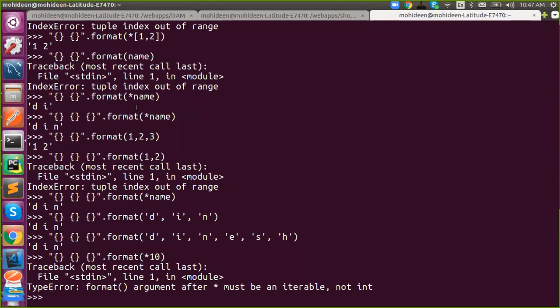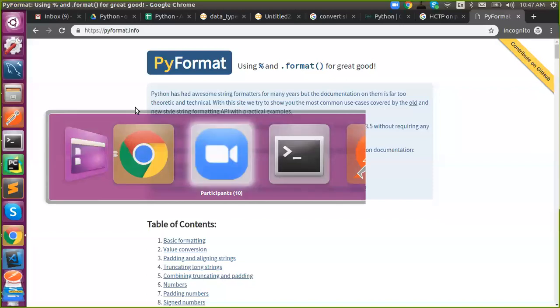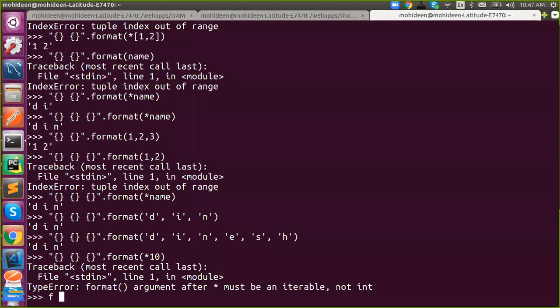So from Python 3.7, we have one more new formatting called f-string. So just check about what is f-string and how to use it. It is much simpler. Okay. So it's another type of formatting. Find it yourself. That is nothing but f-string. See, what is f-string in Python?